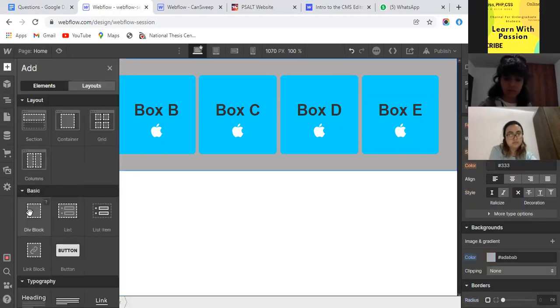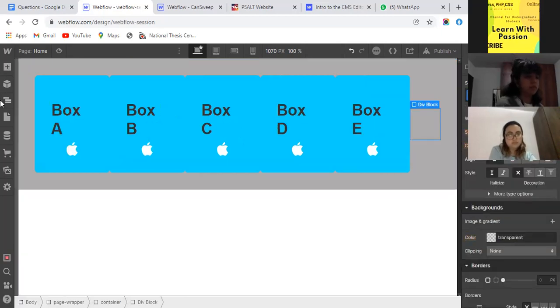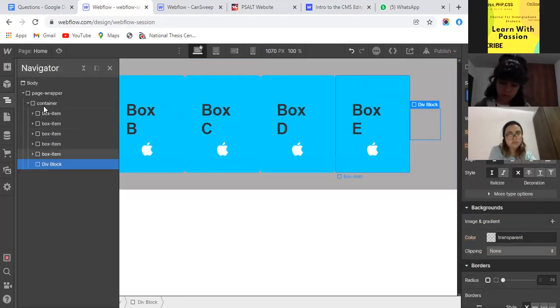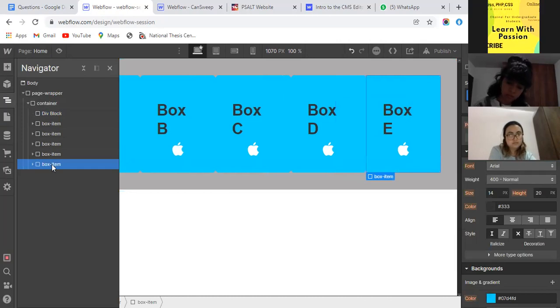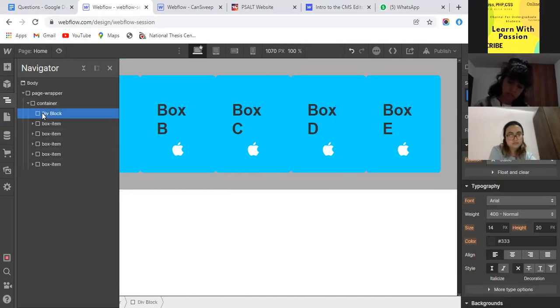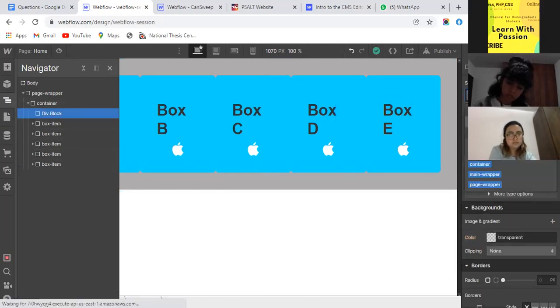In this div block, let me define the class border wrapper.